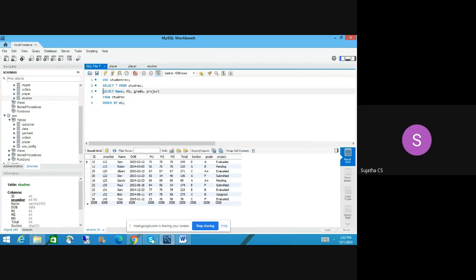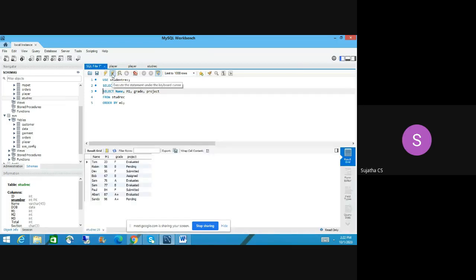So what will happen if we select these columns, the corresponding records, and then sort by M1, mark 1. Okay. So let's run that. See, it selected name, M1, grade, and then project. It sorted in ascending order. Okay, 23, 56, it goes like that.